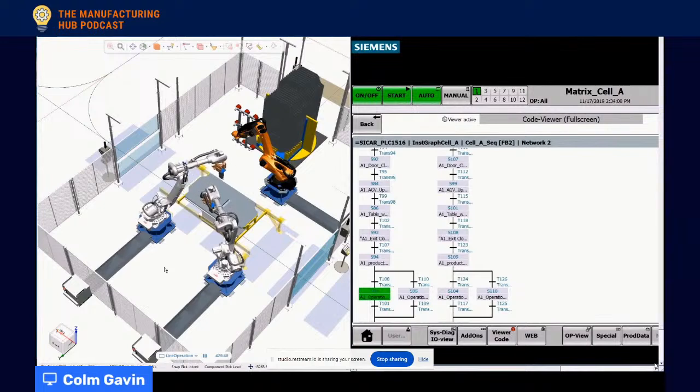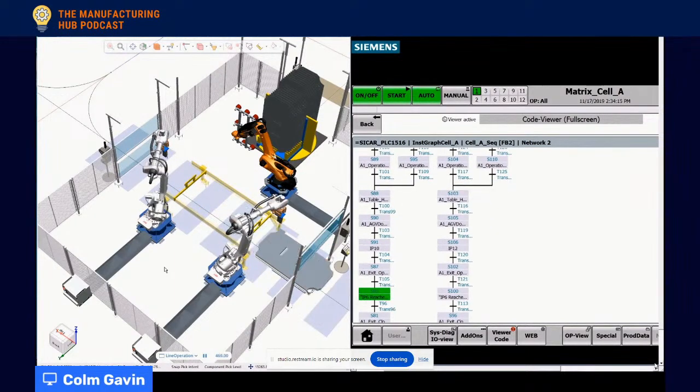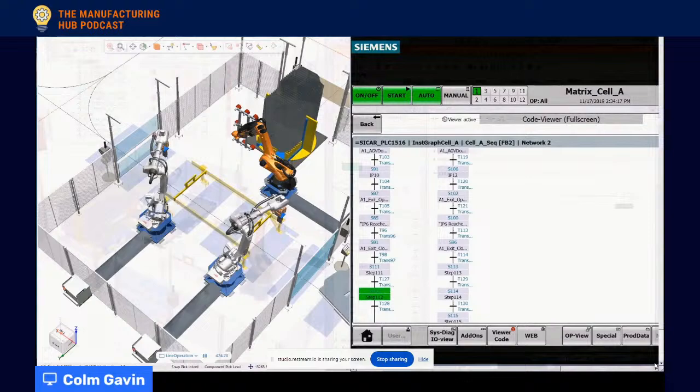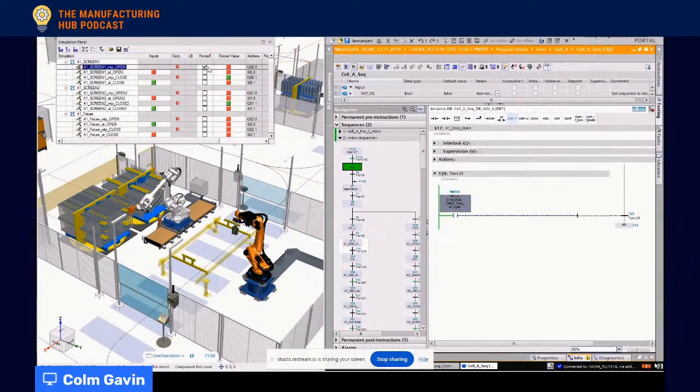And that's where we get into what we refer to as virtual commissioning, proving out the automation logic. And you can see on the right-hand side, we have a virtual HMI where we have our graph language editor. We're able to visualize that on the HMI, and step by step, we can see exactly what's going on. And then when we look at true virtual commissioning, this is where I have my automation logic on the right-hand side, and I can poke signals from the automation side, or I can poke the signal from within the robotic modeling software.